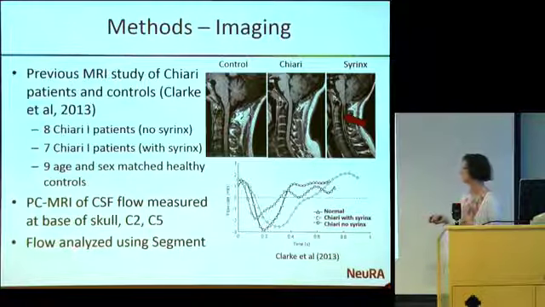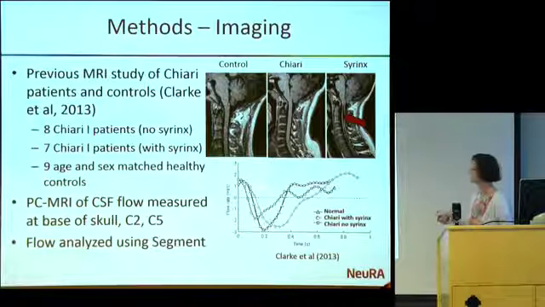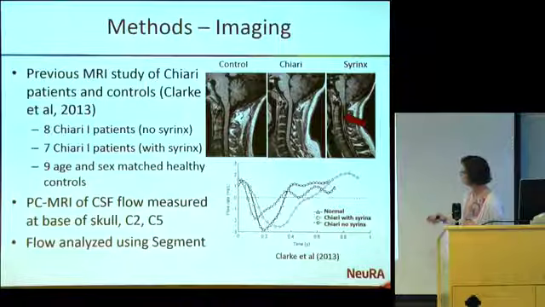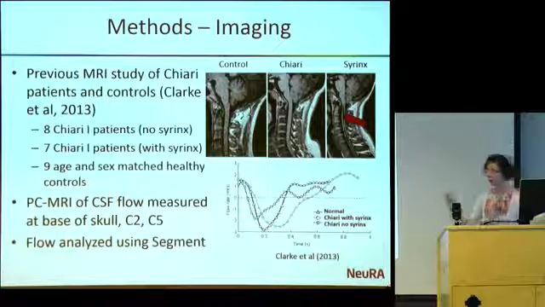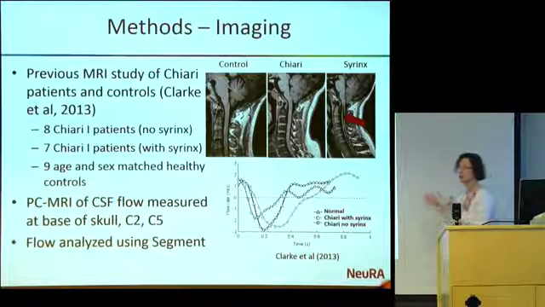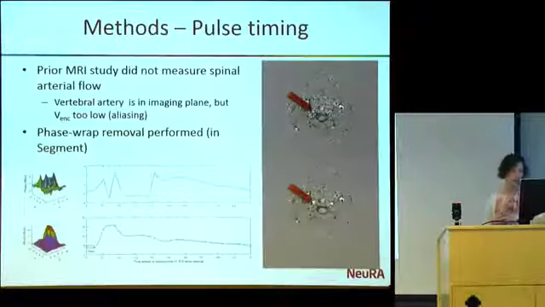The flow was analysed using 7, and this is the typical data that we got out. And you can see here that there is a similar overall profile in terms of the flow, but there are differences in the timing of that flow between the different groups. What we've done is to actually individually model each patient